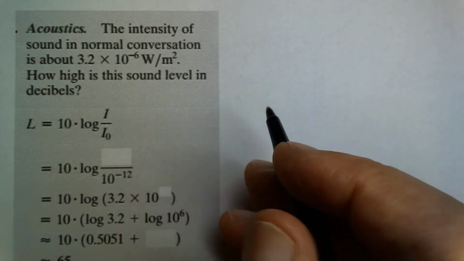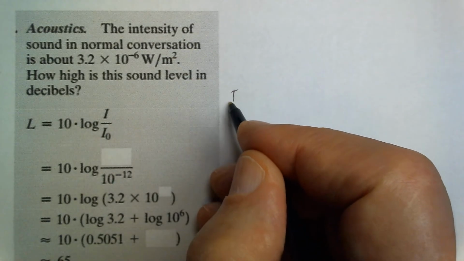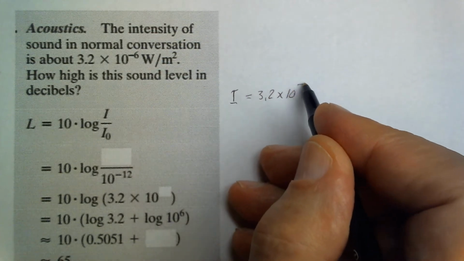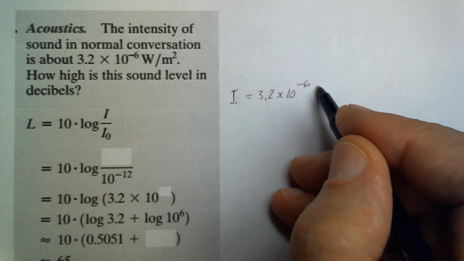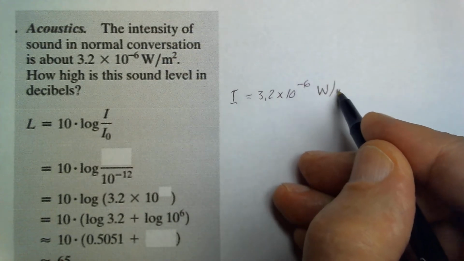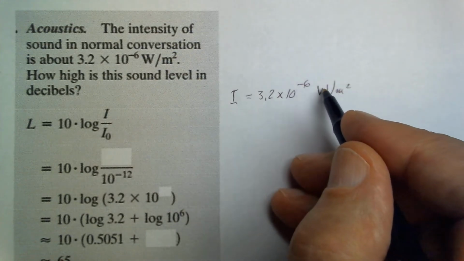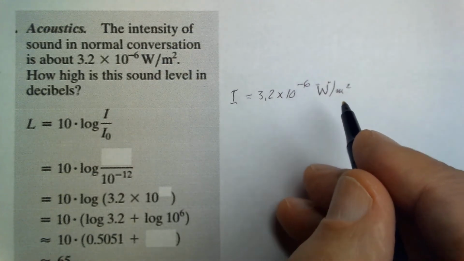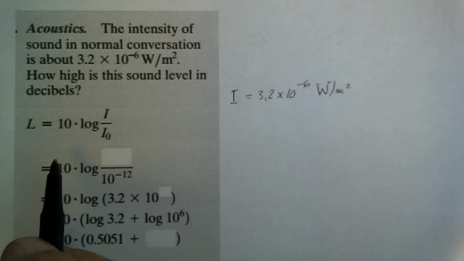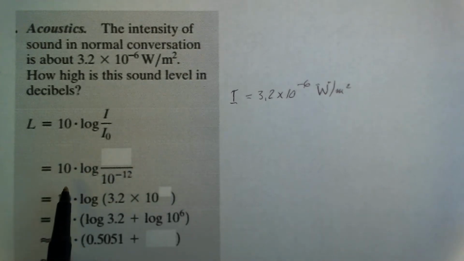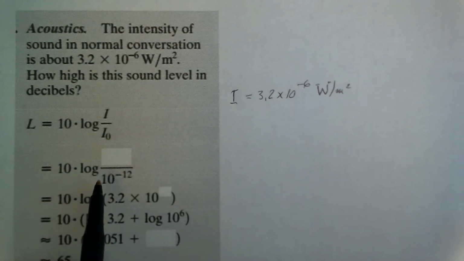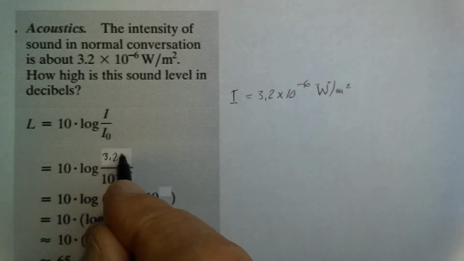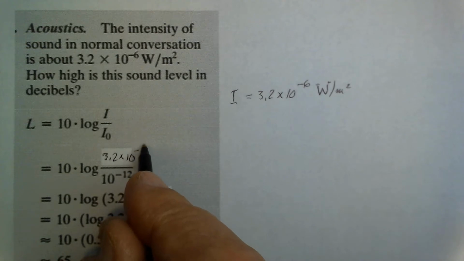In this case, I is equal to 3.2 times 10 to the minus 6 watts per square meter. And notice that this is a capital W, and the m in meter squared is a lowercase m. Therefore, our equation looks like L, the sound level in decibels, is 10 times the log of 3.2 times 10 to the minus 6